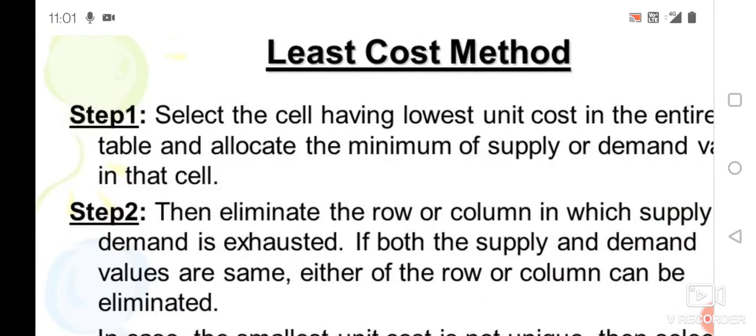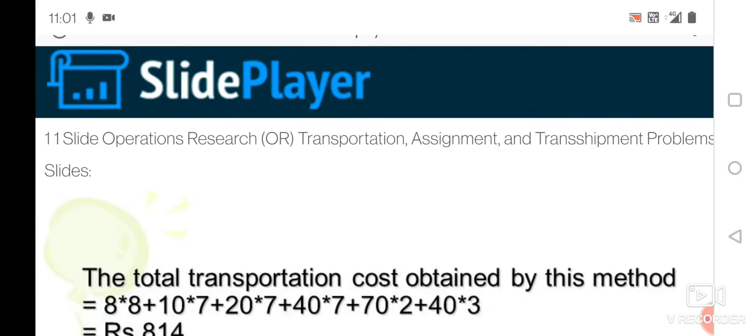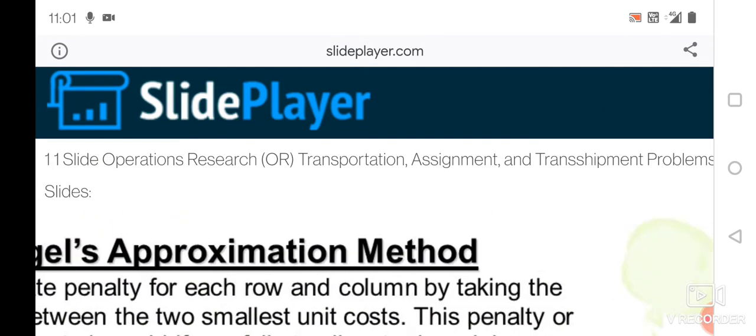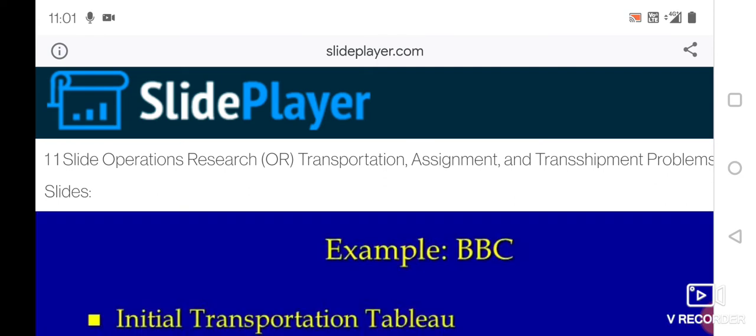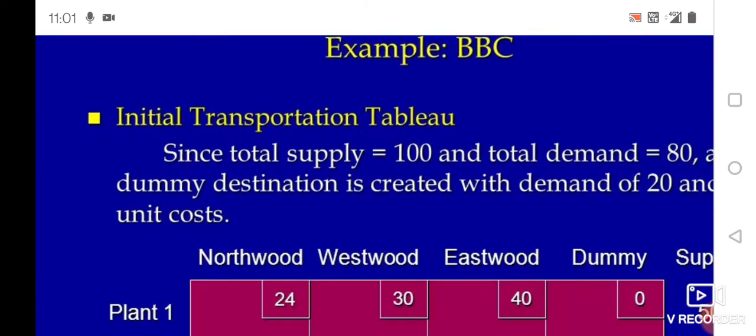The next method is... this is the first method, and the second method is Vogel's approximation method. Okay, then